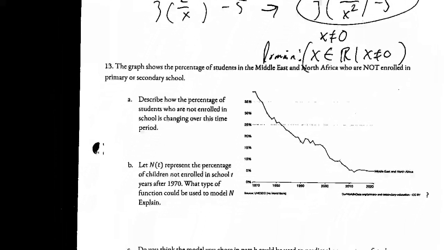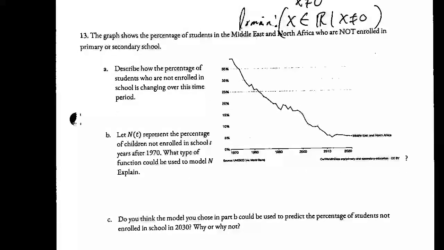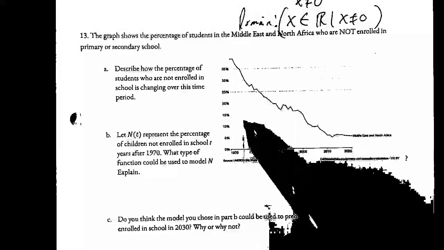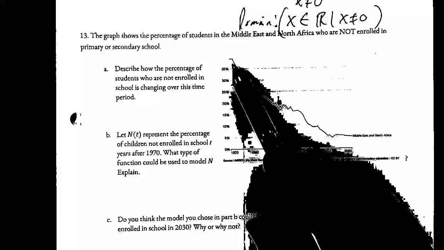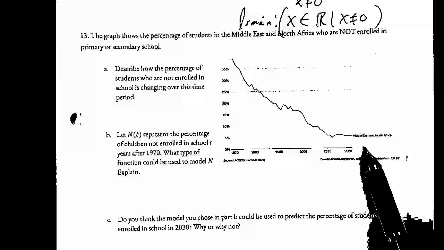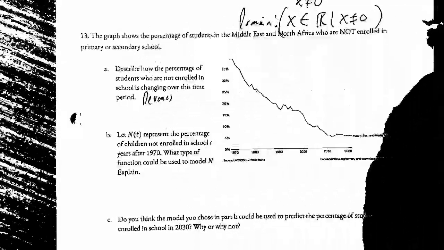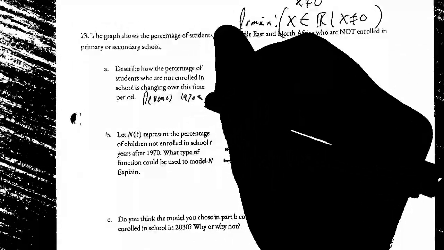All right, last problem. The graph shows a percentage of students in the Middle East and North Africa who are not enrolled in primary or secondary school. Okay, so you can see that makes sense, right? In the 70s, lots of students are not enrolled. As we get towards the 2020s, they are enrolled. Describe how the percentage of students who are not enrolled in school is changing over time. Yeah, it decreases, right? Decreases from 1970 to 2010, and then flattens